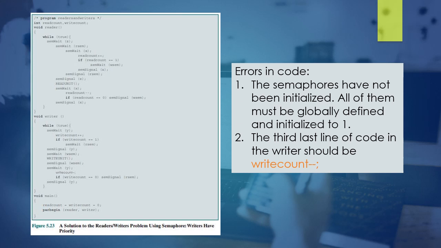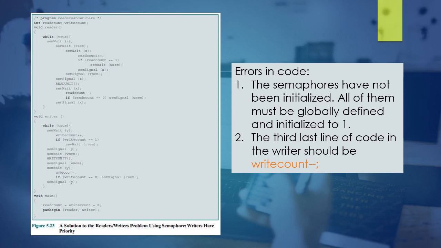Previously, we focused on a solution to the readers-writers problem where readers had priority. Now we look at another solution to the readers-writers problem. This solution guarantees that no new readers are allowed access to the data area once at least one writer has declared a desire to write. So this is a solution to the readers-writers problem where writers have priority, and we are using semaphores here for